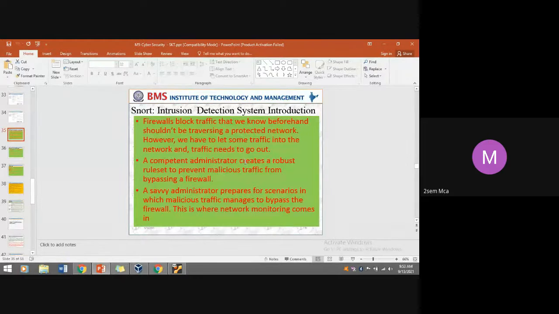A savvy administrator prepares for scenarios in which malicious traffic manages to bypass the firewall. This is where network monitoring comes in. Even after writing rules and denying traffic movement, sometimes some traffic is bypassing the rules. In such a situation, how could such things be handled by the administrator? That is the place where